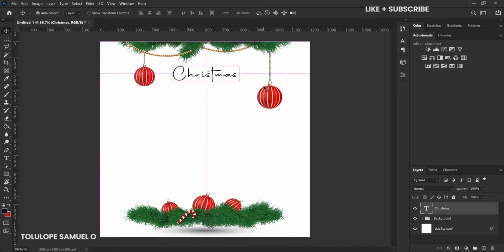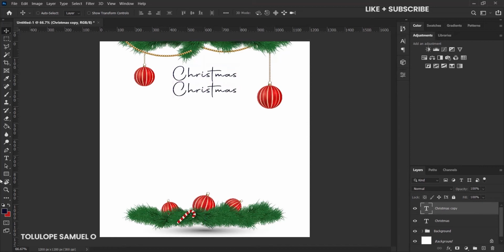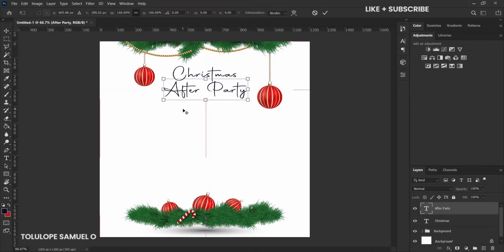Next off, I'll press Ctrl J on my keyboard to duplicate the Christmas and bring it down here. I'll pick my text tool. The short form for the text tool is T on your keyboard. I'll type after party just like that and click OK. I'll pick my move tool, press Ctrl T on my keyboard and transform it in just like that.